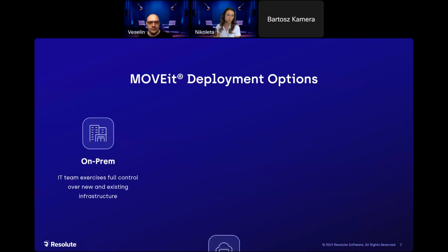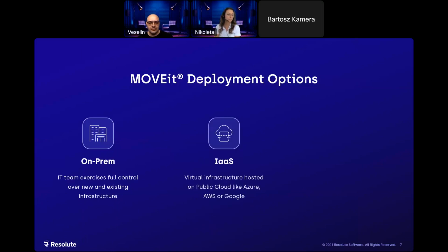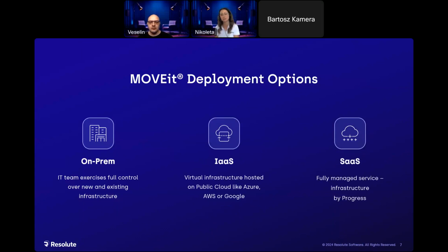Let's take a quick view at the ways MOVEit can be deployed. There is a variety, as you can see. So first of all, the classical on-prem options for IT teams that exercise full control over the new and the existing infrastructure, and in cases where there are some limitations of sharing the data outside of specific geographic areas.